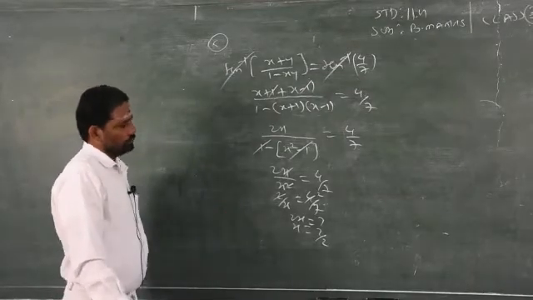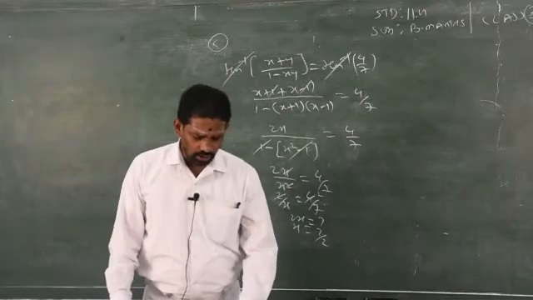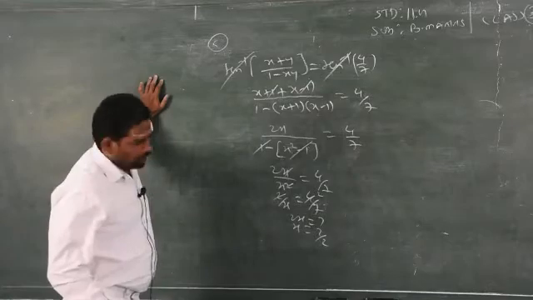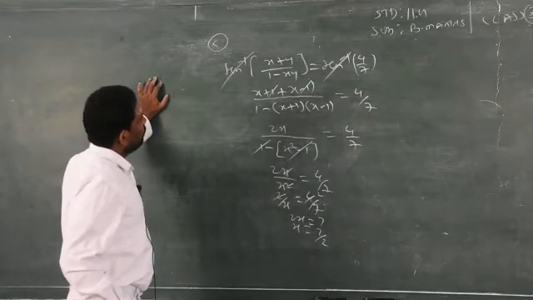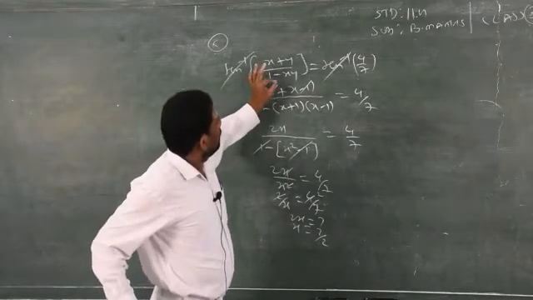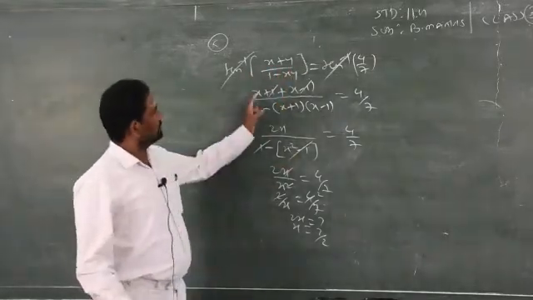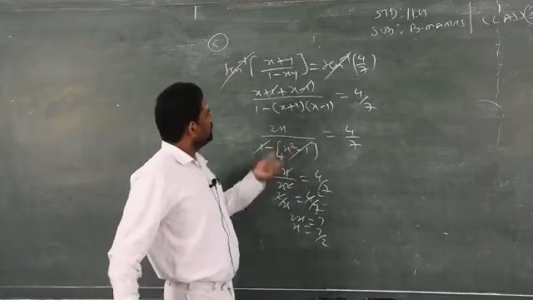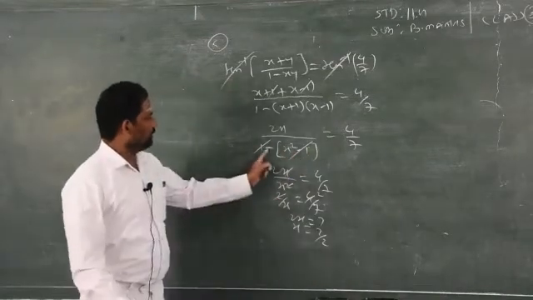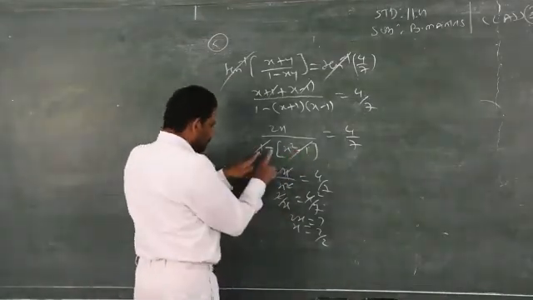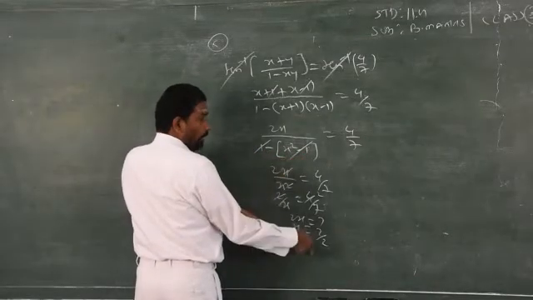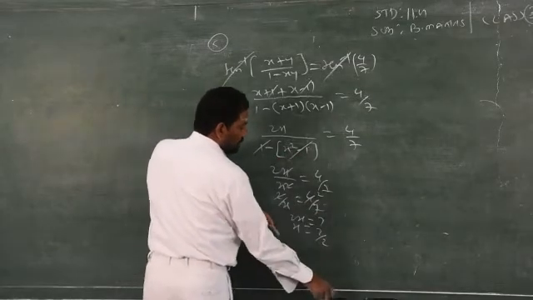You will not get the answer. You are supposed to get the answer as 1 by 2. So where are the mistakes? Tan inverse of x plus y by 1 minus xy. Where x value is given: x plus 1 plus x minus 1, that is 2x, then 1 minus x plus 1 into x minus 1, x square minus 1. When you take minus inside the bracket, see that most of the boys make mistakes, minus 1 and plus 1. See, when I was cancelling these two, I got the wrong answer. Clear? So you come to know where the mistakes are.